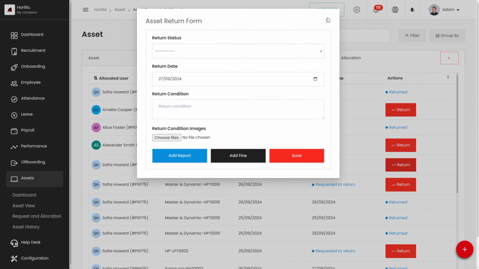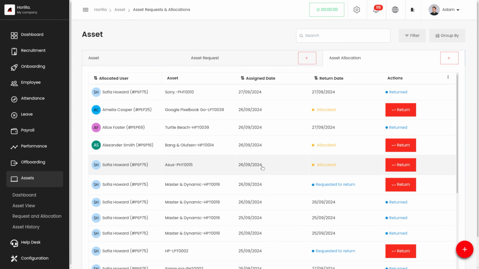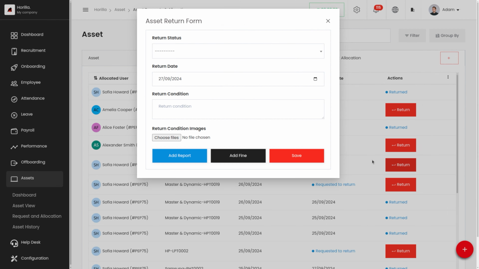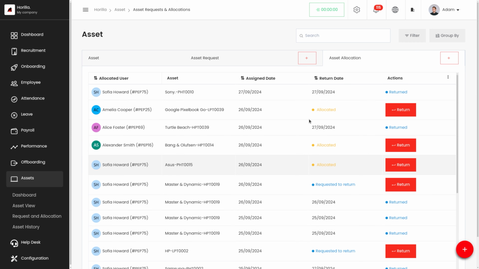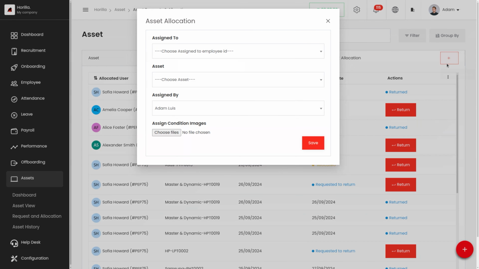That is, if we need to return the allocated asset from an employee, he can create a return from here. Like this, he'll be able to manage the asset allocation, and he can also create a new asset allocation. That is, if you want to assign an asset to an employee, you can create an asset allocation from here by clicking on this plus icon.